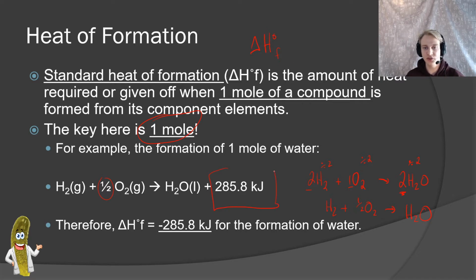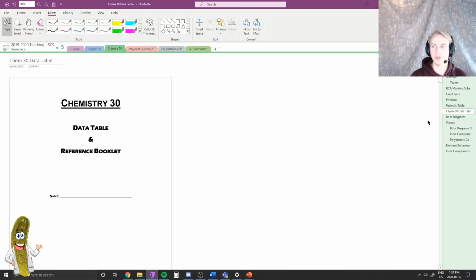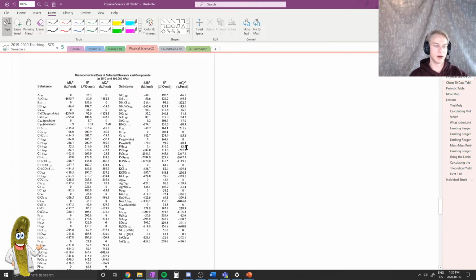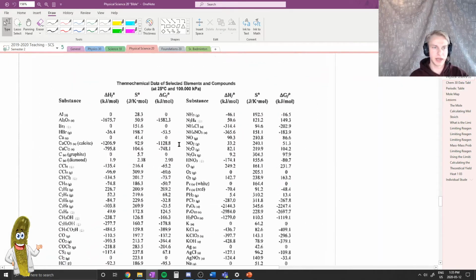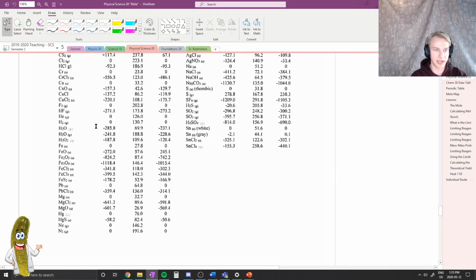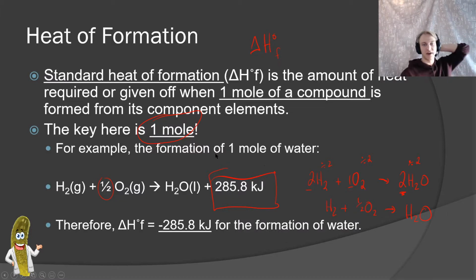These values here, so this 285.8, if you use the physical science data table, it's super blurry on my OneNote, but you have all of the delta HFs for all of these different compounds. So again, H2O liquid, negative 285.8. Negative 285.8 would mean that it was an exothermic reaction, or that would be the heat of formation. So you could write it again this bottom way or this way in the reaction up here. Okay. Moving forward,